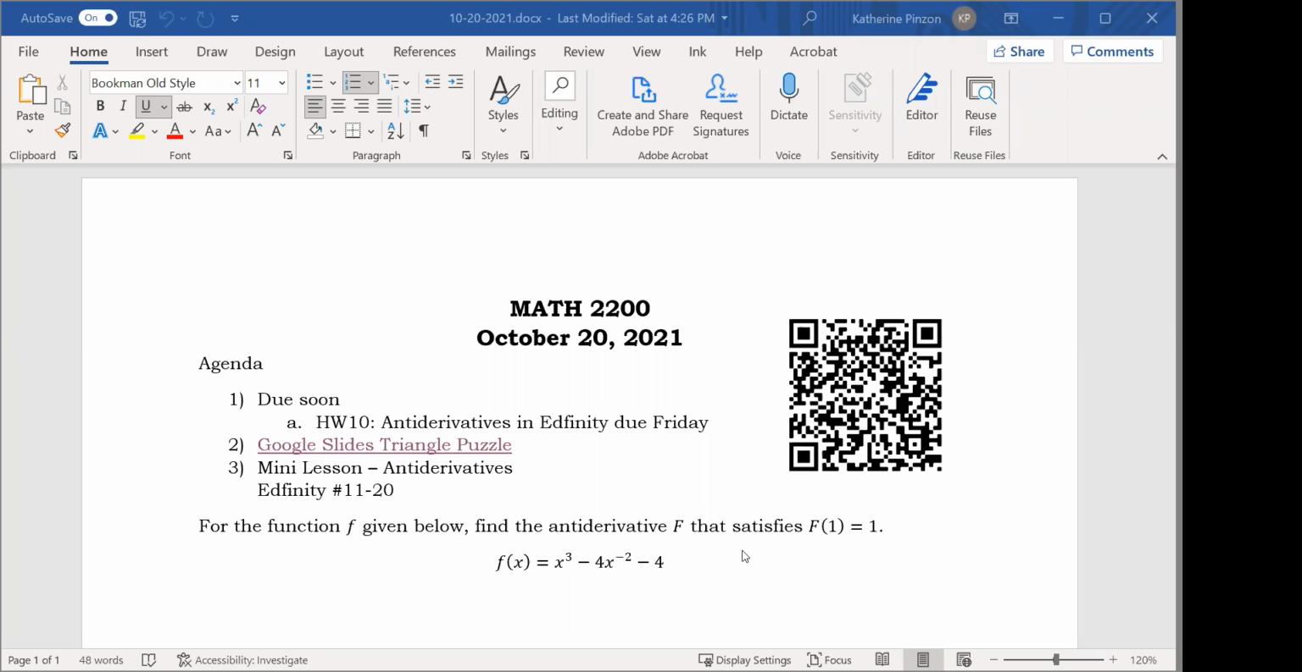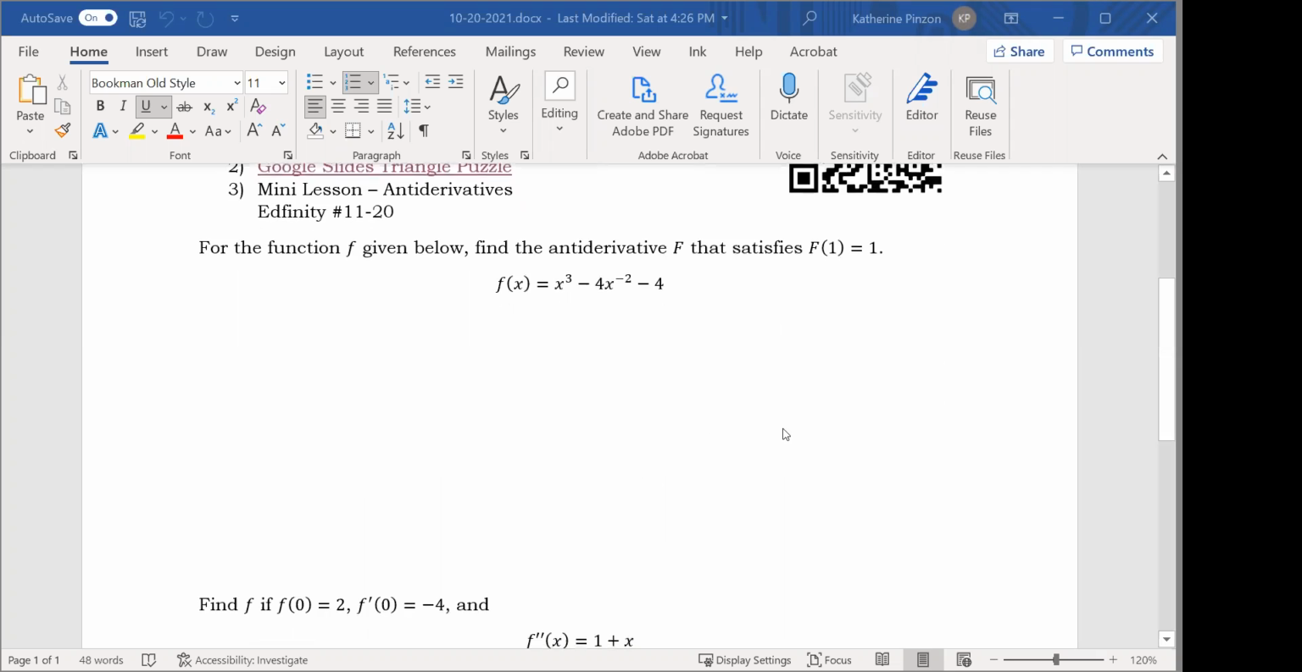Okay, so if you want to practice with the Google Slides puzzle, you can go back to that link, practice that at home. Today we're going to talk about